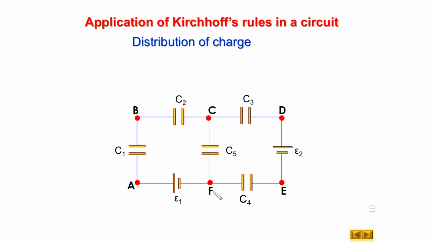Now let us start supplying charge to the capacitors. Before making the distribution of the charge in the circuit, let us first make one point clear. It is a common misconception that a battery creates or generates charge, but it is not true. A battery is simply an electrical pump. It pumps charge from one plate to the other plate. So we should remember the battery is not a generator of charge. It is just like an electrical pump.